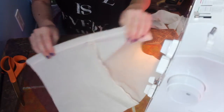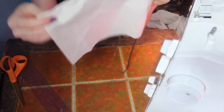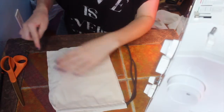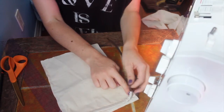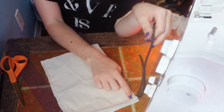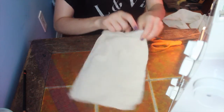Okay, here's what we have. I put the string through that loop, and then we have the seam right here. We're going to fold at the seam and have it out in the middle here. And then we're going to sew from this corner where the seam is over and up to where these strings are, and just end before you get to the strings. I just sewed from that seam over and up to the seam before the strings,